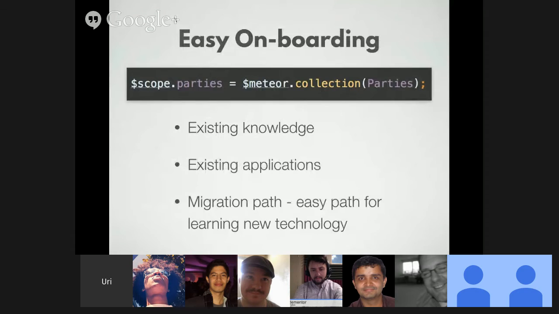So, just an example of what we did. This first line here is the simplest API that you can use to just start working with Angular Meteor. And if you're an AngularJS developer, that's the only thing you need to change in your code, and this will replace your HTTP service or your REST Angular service or your Firebase service.